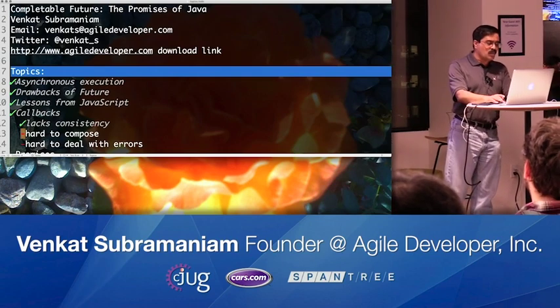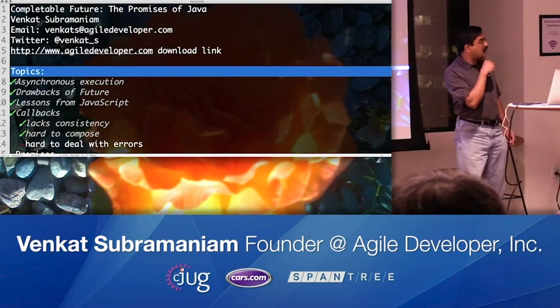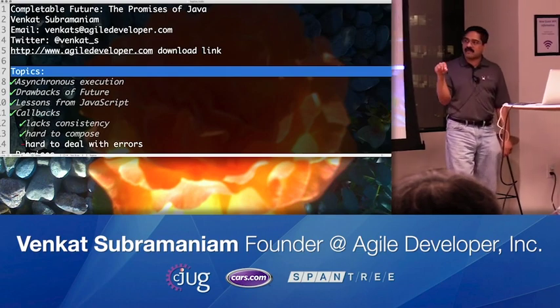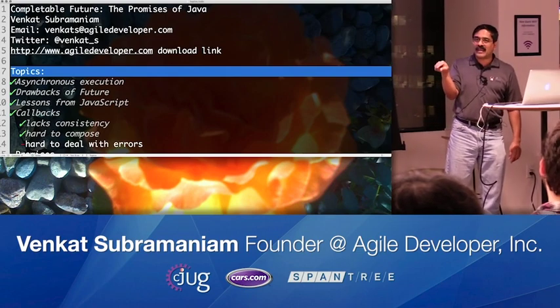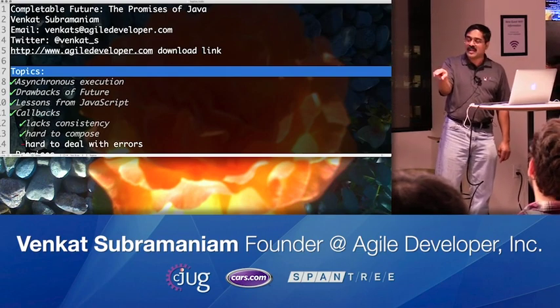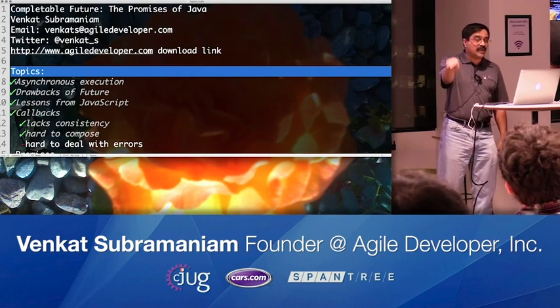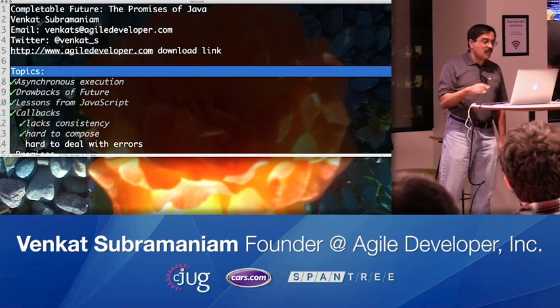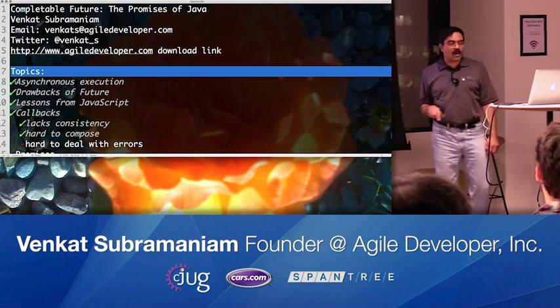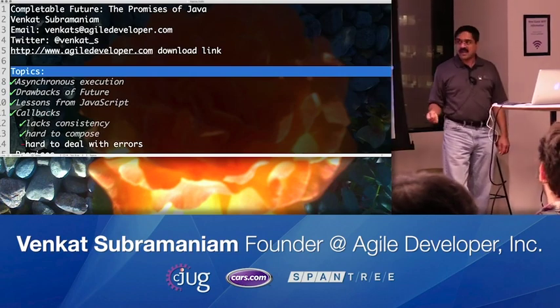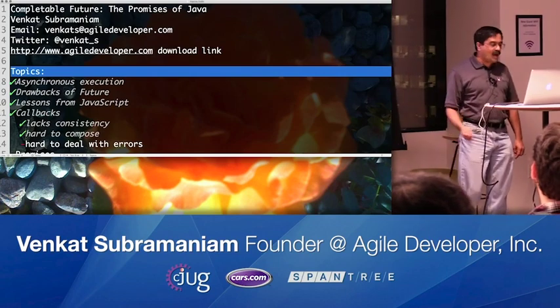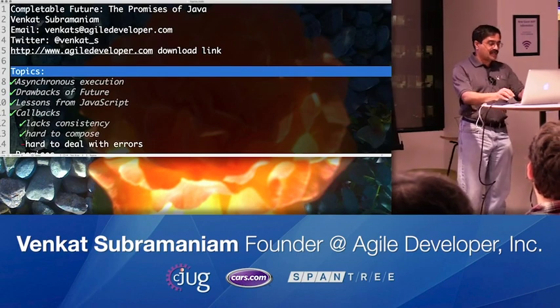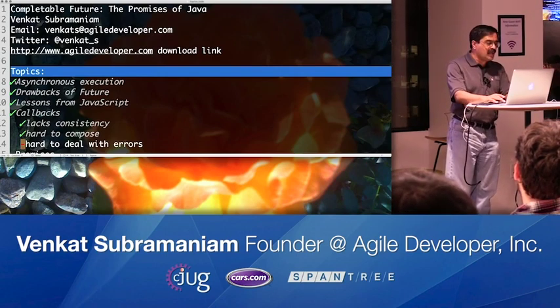And callbacks are really hard to compose. What if you call a method that gives you a callback, but within the callback you want to make another asynchronous request, and that's going to make a callback, and again a callback? Well, this leads to something beautiful called callback hell. And callback hell is not fun at all. It's really very torturous. And like I said, it's really hard to deal with errors.